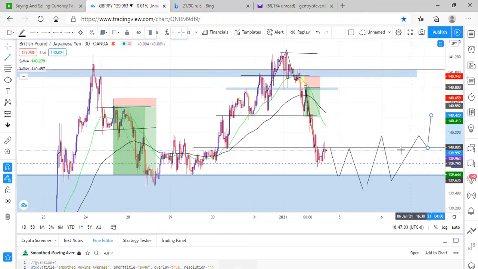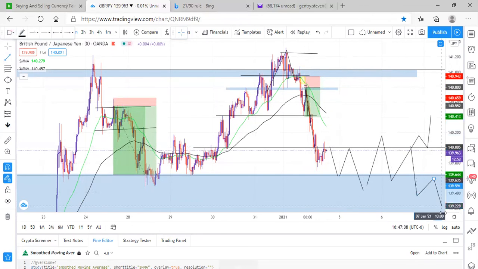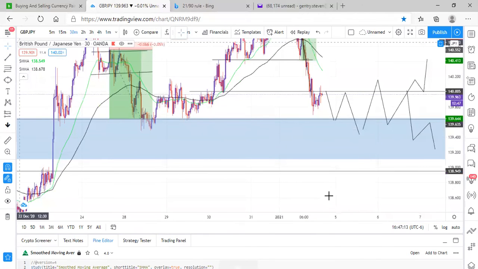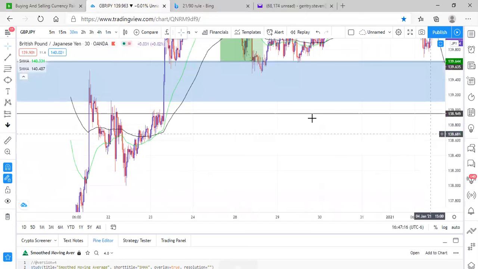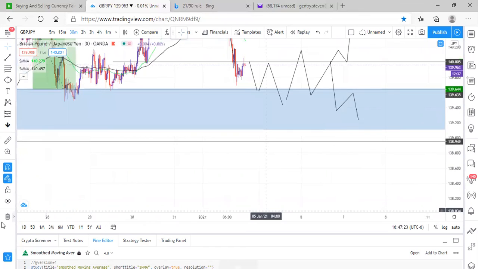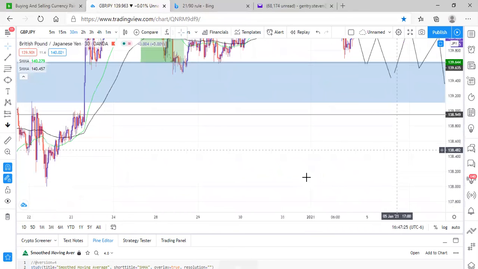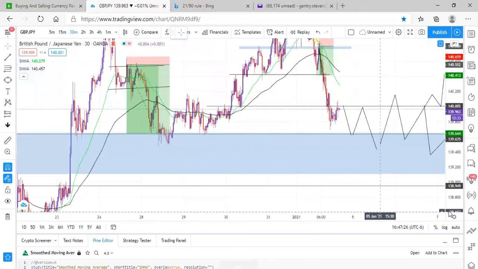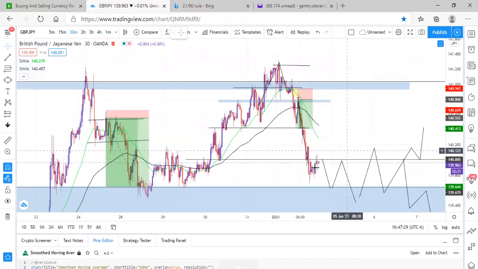Well, if it doesn't do that, it comes down and does something like a three-legged extension in the breakout. Then I look for more. I look for sales, and I take my targets to either these highs or these lows. Well, let's see what price does.